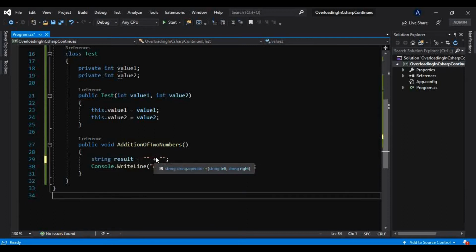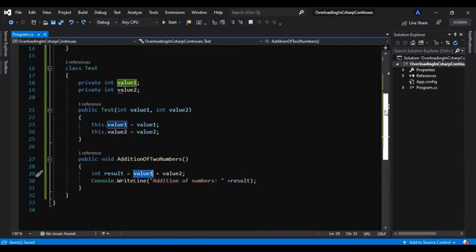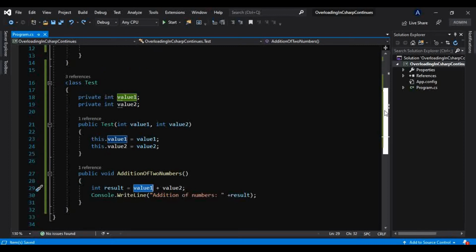So basically this plus operator is not giving any error, but this will not work with any reference type, or what we can say a user definable type. For that I will show you. Let me make that as it was before. What if we have another class? Let me take another class right here,